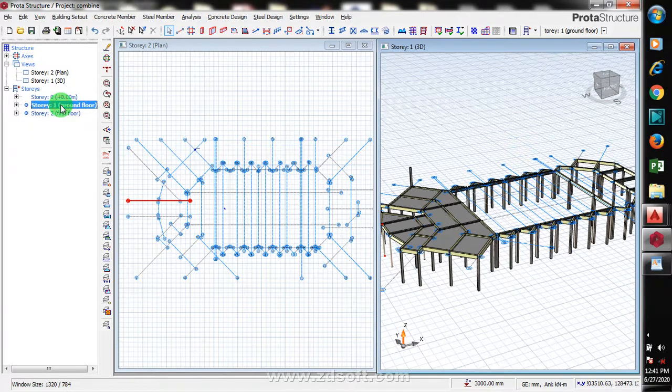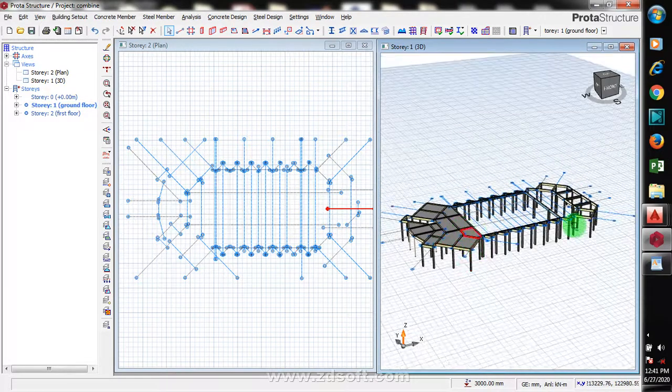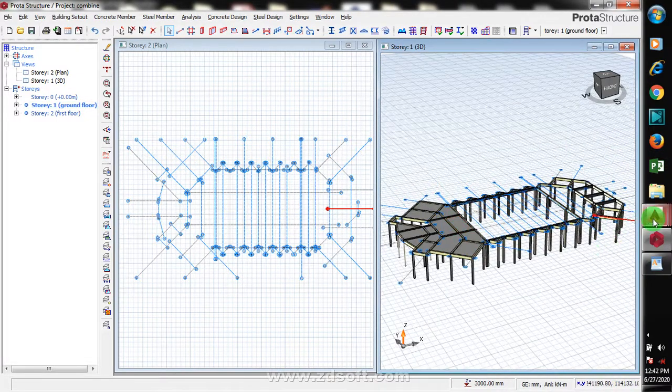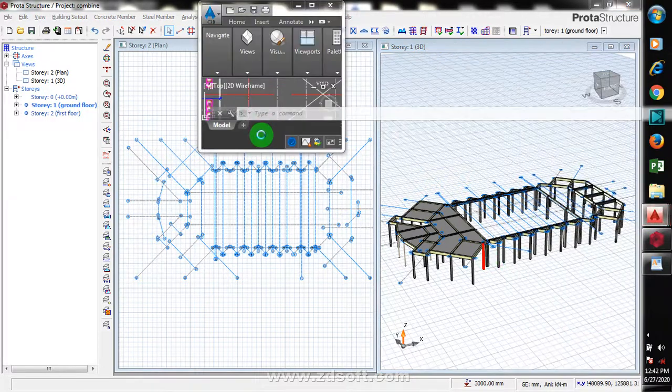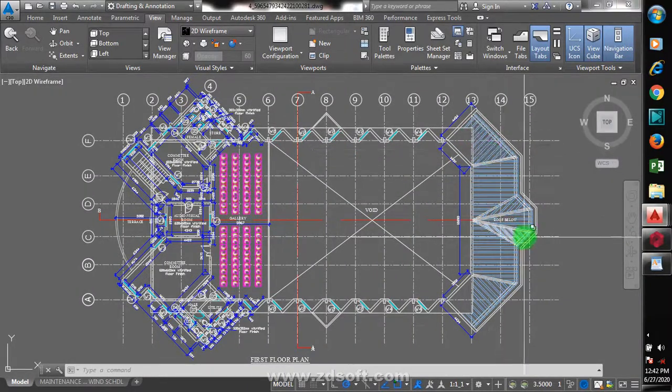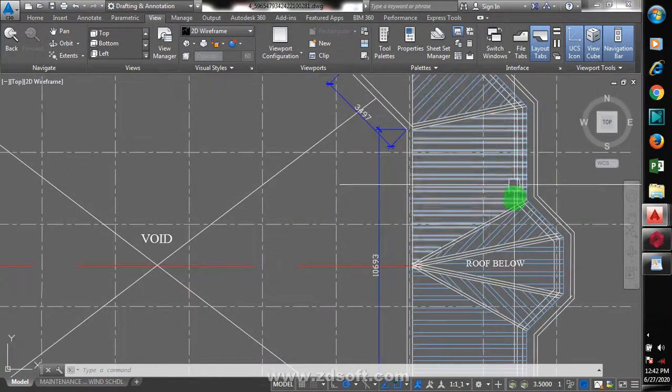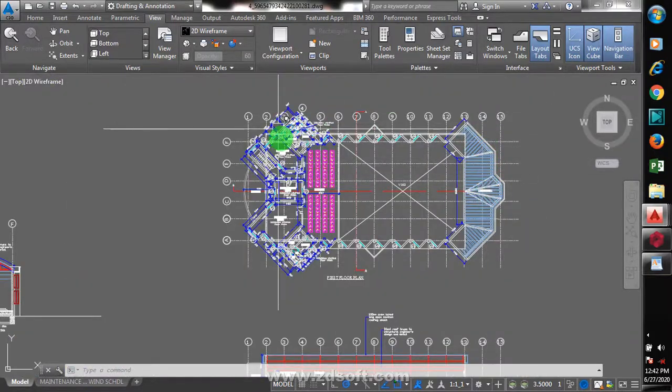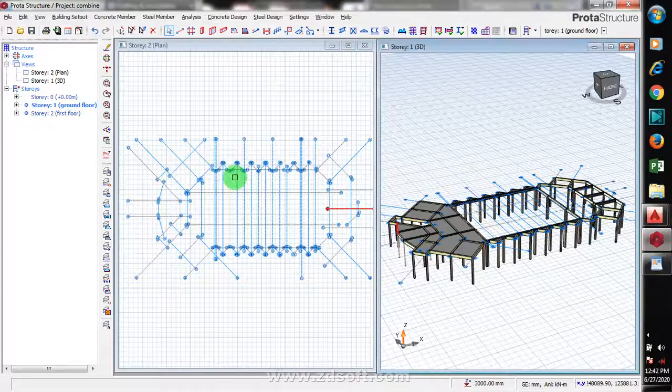Right now, as you can see, this is what we have been working on for some time now. This is from the 3D. If I take it now to the AutoCAD drawing, from our architectural drawing, you can see here we are having a roof below. So here is actually going to be stopping at the ground floor. The whole of this here is actually going up. Now to achieve this in our Prota Structure, all we have to do right now is to